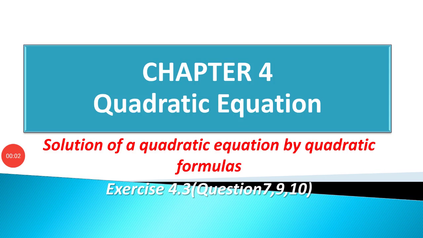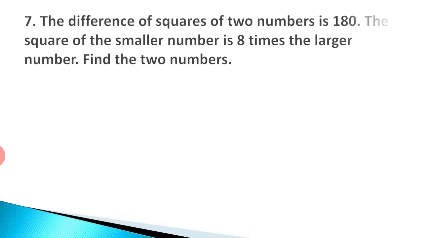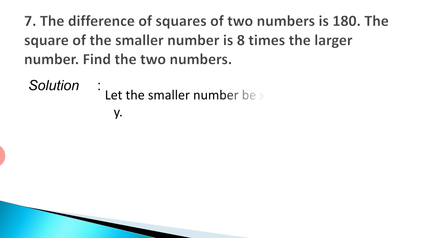Welcome students. In this video we are going to see question number 7, 9 and 10 from exercise 4.3. Now question number 7: the difference of squares of two numbers is 180 and the square of the smaller number is 8 times the larger number. Find the two numbers. So let us assume the smaller number to be x and the greater number to be